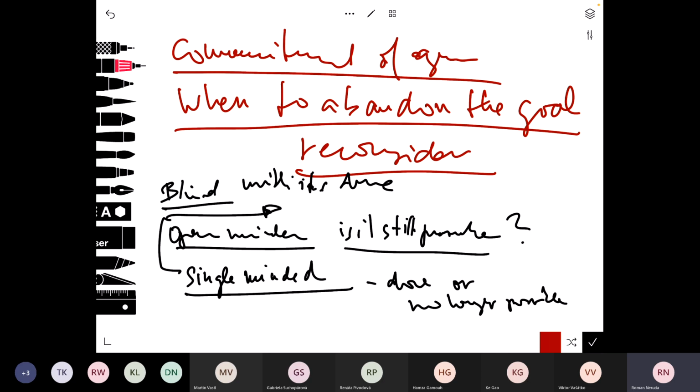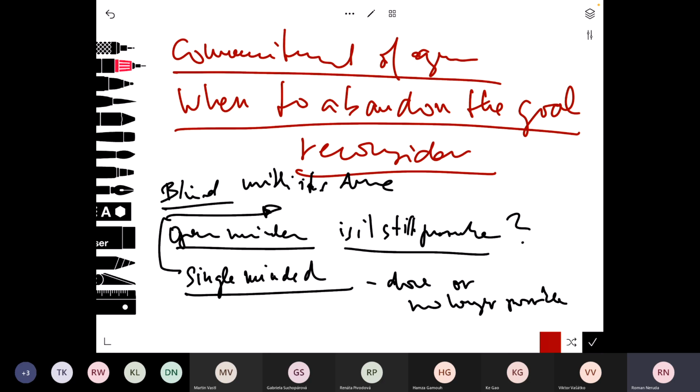This function can also be relaxed, checking the environment only in a limited way, and so maybe providing us with the information: nothing has changed as far as I can tell by a quick check, only small changes, you should probably still stick to your plan, and so on and so on. Because the whole deliberation process, the actual reconsidering, generating the desires and filtering the intention can take time. So, of course,